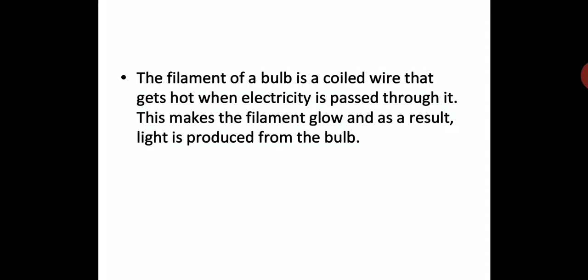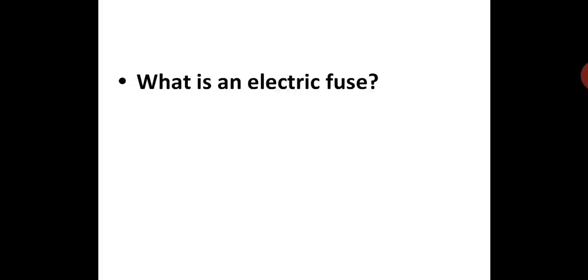You have seen the filament in the previous session, and this filament helps to produce light because of the heating effect. The filament is a very thin wire made up of tungsten. A bulb lasts for long, and then after some days the filament in the bulb breaks and the bulb gets fused. Then you have to discard it, which we have seen in the previous session. You have to take this down in your notebook, children.